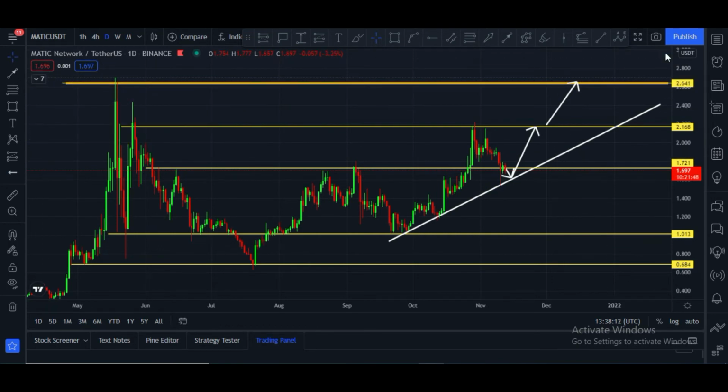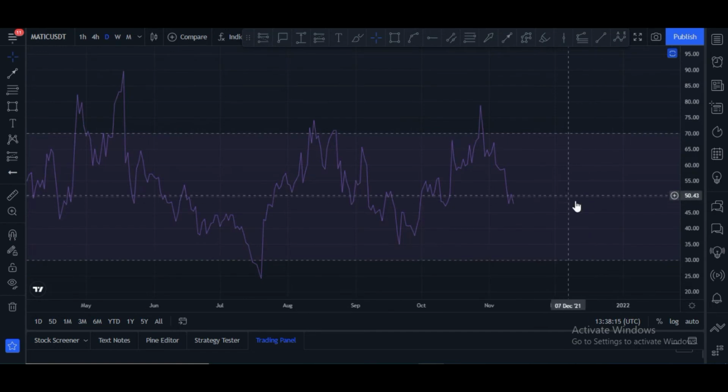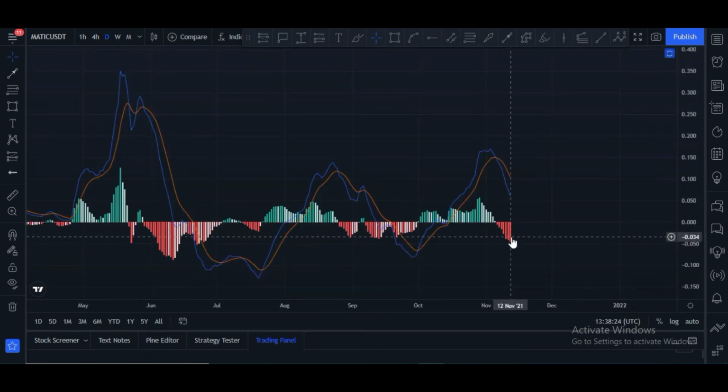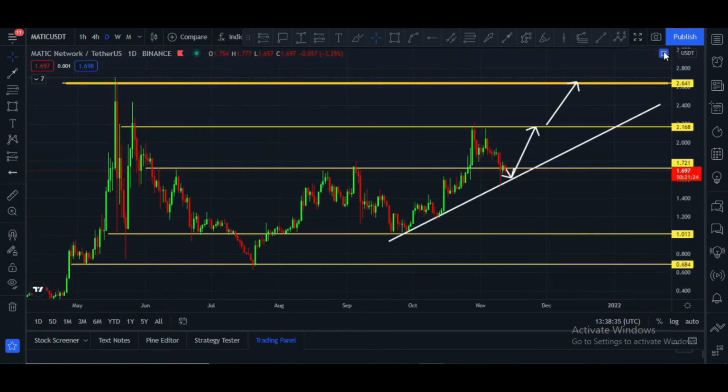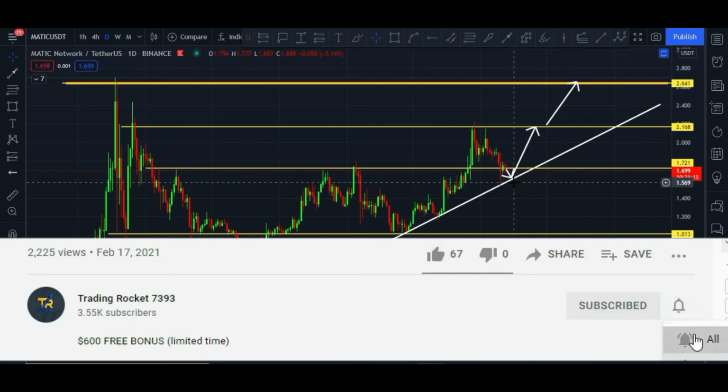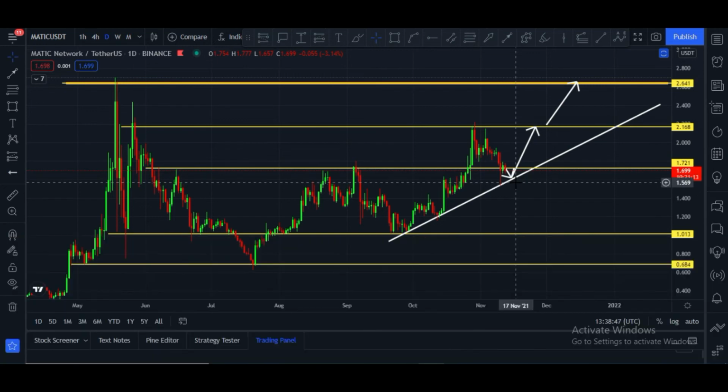Let me show you RSI. RSI is at 47. Once it crosses 50, price will go up. And MACD has a crossover towards the downside, with red big towers. In that case, price is going down. Once there is a crossover towards the upside and green towers come, price will definitely boost. Otherwise, we have to wait. But the $1.60 to $1.65 price area is very, very important. Maybe price can go down to $1.50, $1.55, and after that price moves up. This is a very, very realistic scenario.